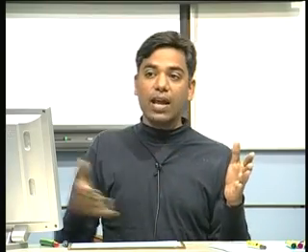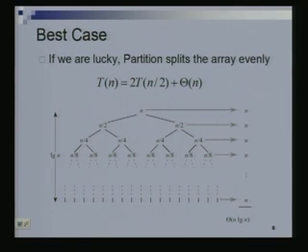The total number of times I will increase i, I'm not saying it is at least n by 2, maybe I increased i only n by 4 times, but then it means I decreased j at least 3n by 4 times. So the sum is at least n. So I need at most n times, and I need at least n times. So the exact time is really some constant times n, theta of n, and so I can actually say an equality.